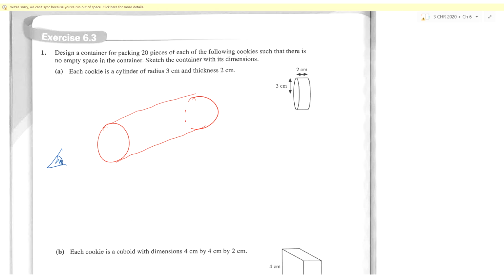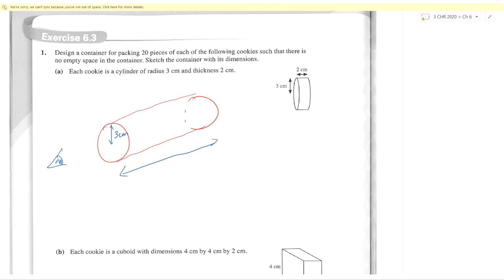In this case, it is a circle. So the radius has still to be 3 cm. That is one of the dimensions that we need. Now the other dimension will be the length. What is this distance over here? How much? 30. How